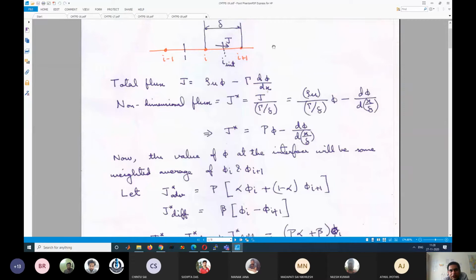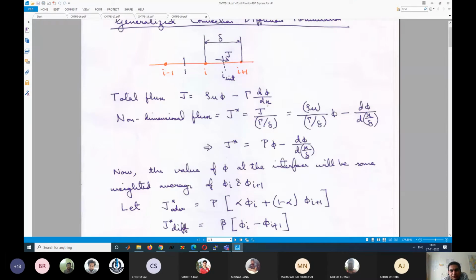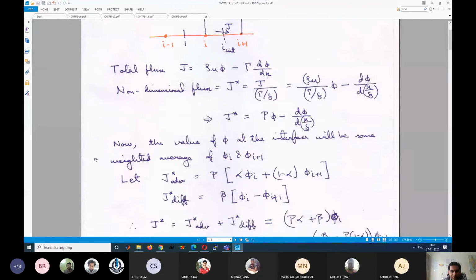Okay, because the flux is in this direction, I am defining it as phi I minus phi I plus 1 into some factor beta, which already takes into account all this delta x and gamma and everything. So within this, everything is present in the beta. Similarly, in the alpha, different things are present. Okay, so this is our advective and diffusive terms. Any questions up to this point? Is it clear to everyone? We have time today. You can ask questions.